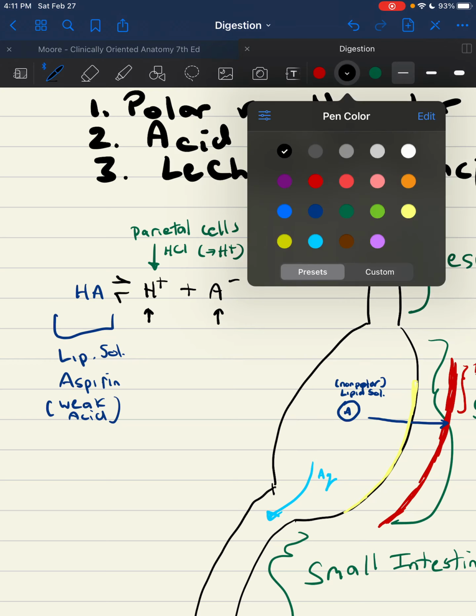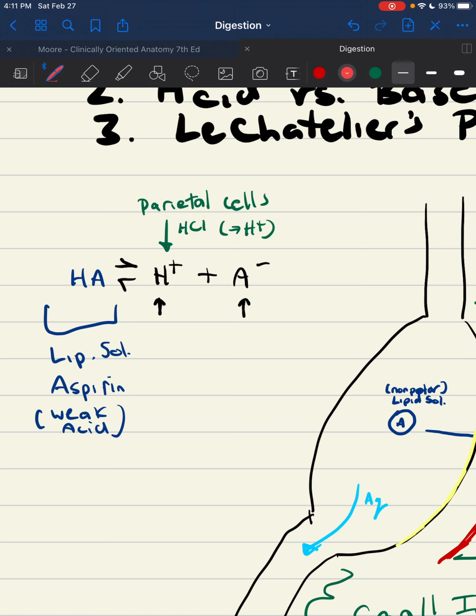Now, if we have a lot of protons, if I increase this, which way will this reaction shift? If I increase protons, the reaction will shift left based on Le Chatelier's principle, and it's going to favor